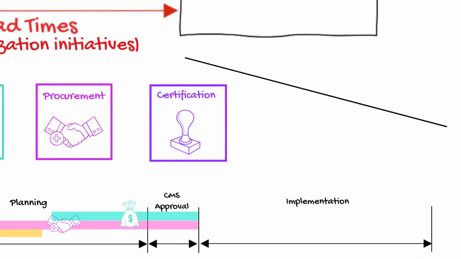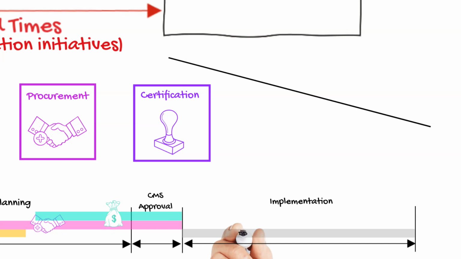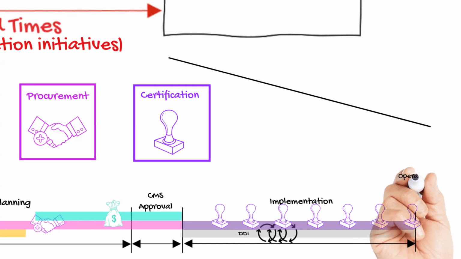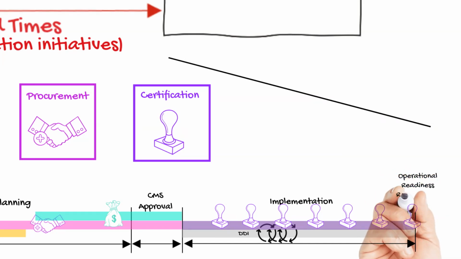Then implementation activities can start, which are commonly referred to as DDI for design, development, and implementation. The certification framework from CMS provides guidance for activities like status reporting, testing, and security during this phase. CMS is engaged throughout the process through gate reviews to ensure progress is occurring based on the published plan. For states to continue receiving enhanced funding, they must perform an operational readiness review before releasing the idea to users.